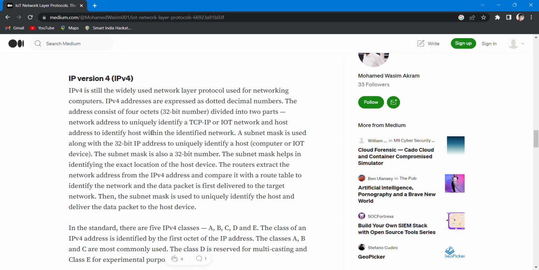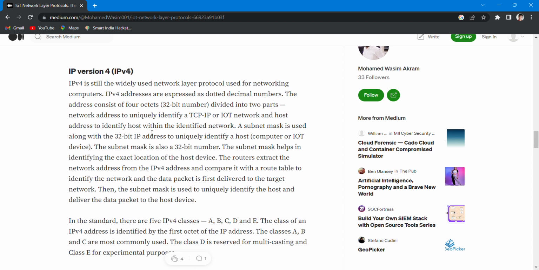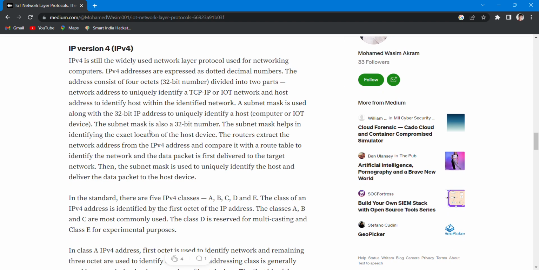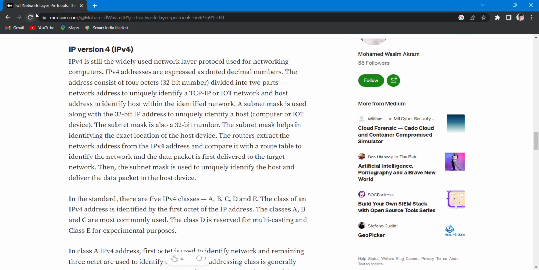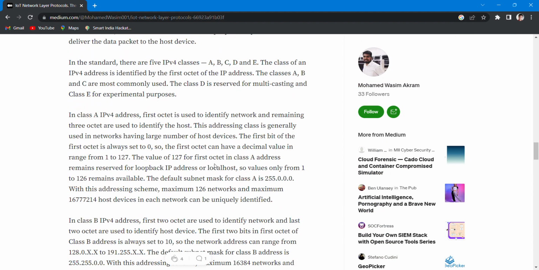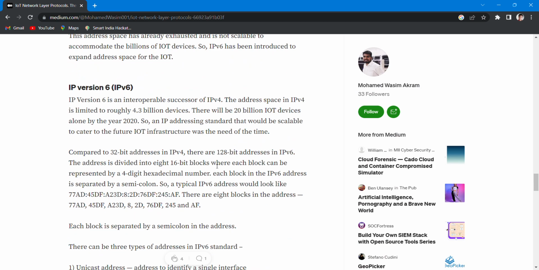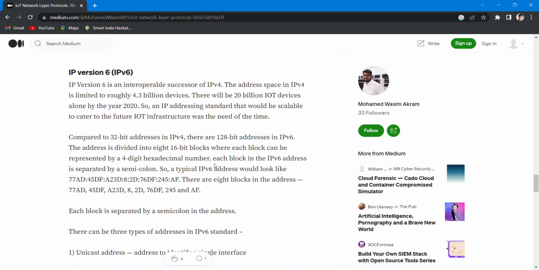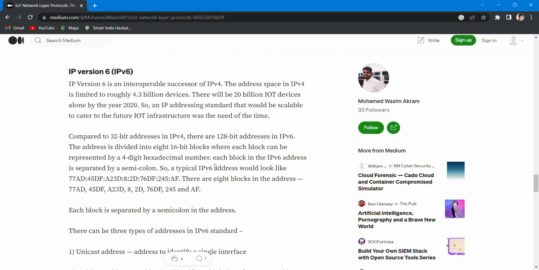In IoT networks, both IPv4 and IPv6 are used. IPv4 is the older protocol and is still widely used, while IPv6 is the newer protocol designed to replace IPv4 and provide more addresses for the growing number of devices on the internet. You can see this website, or search on Google as well. So that's it for IP, and I will now discuss